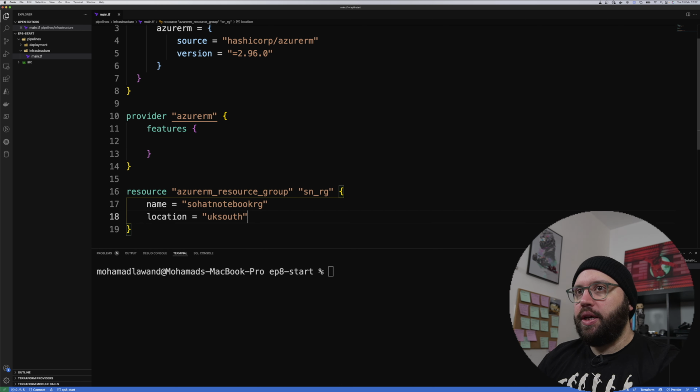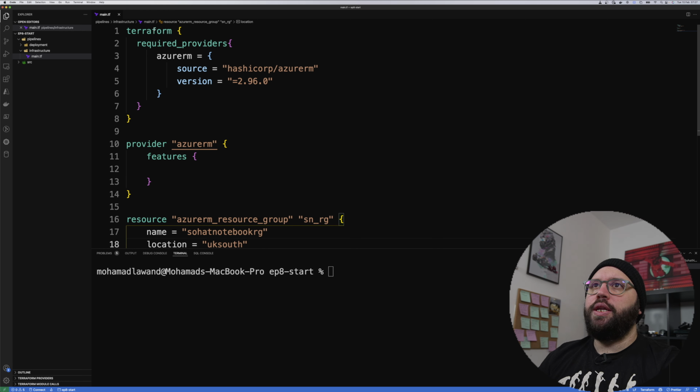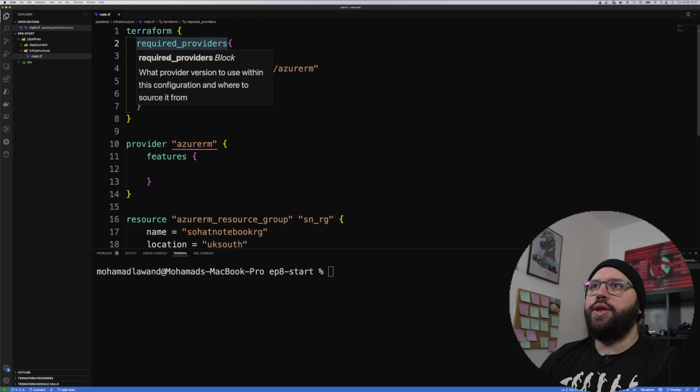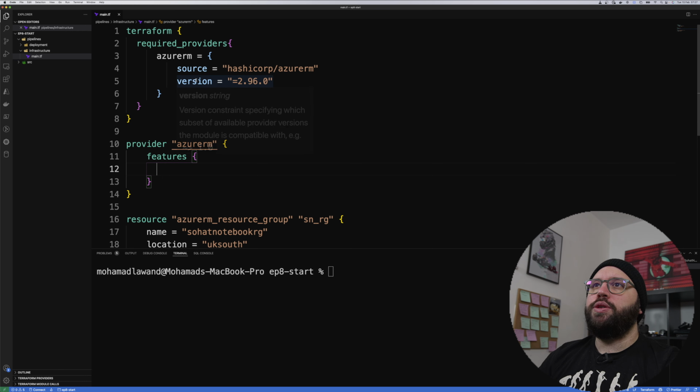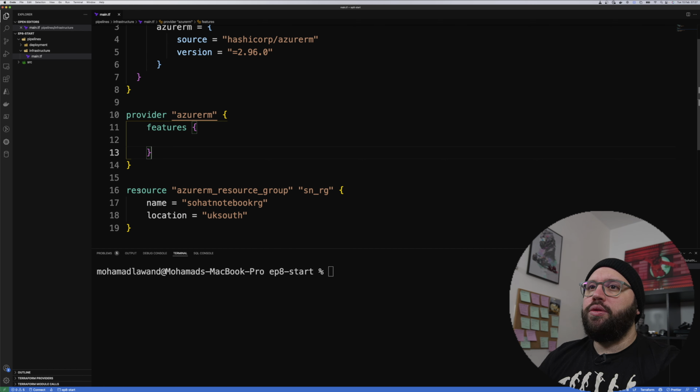So once we have created here, let's do a quick recap. So we initialized Terraform, we specified the providers, we're telling Terraform that we need to connect to Azure. Once we have done that, we specified the source and the version. Then we have basically initialized the provider, and we told it we're going to be utilizing an empty features list. And then once we have done that, under resource here, we basically created our resource group, and basically we specified the location. So once we have done that, now it's time for us to test this code